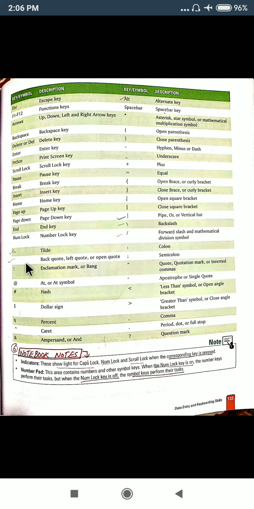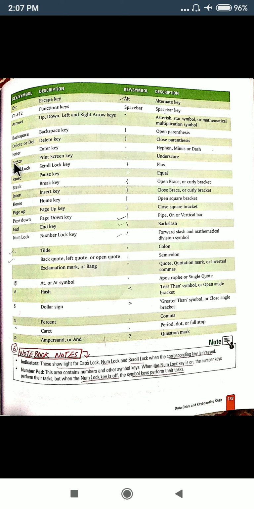If any name is not known to you, like this symbol is known as tilde and this is known as back quote, or we can say left quote, or open quote. Whatever symbol name is not known to you that is present on the keyboard, you can see it and learn it. Like this symbol you have never used, this is known as pipe or the vertical bar. Majorly this is used in programming languages like C and C++ to make an OR symbol. Backslash, this is forward slash. Any other symbol that you feel is not known to you should be taken care of.